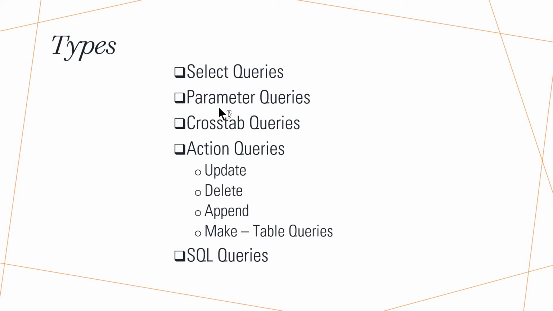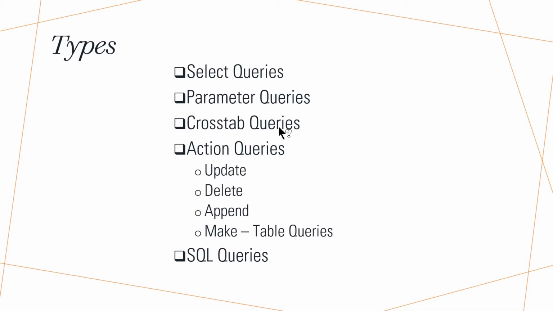Coming to the second one, that is parameter query. In case of parameter query, it will display a dialog box and it will ask the user to provide criteria for retrieving records or to fetch the records from the table, or it can be in the form of a value that we need to insert in a field or a column heading or the attribute.